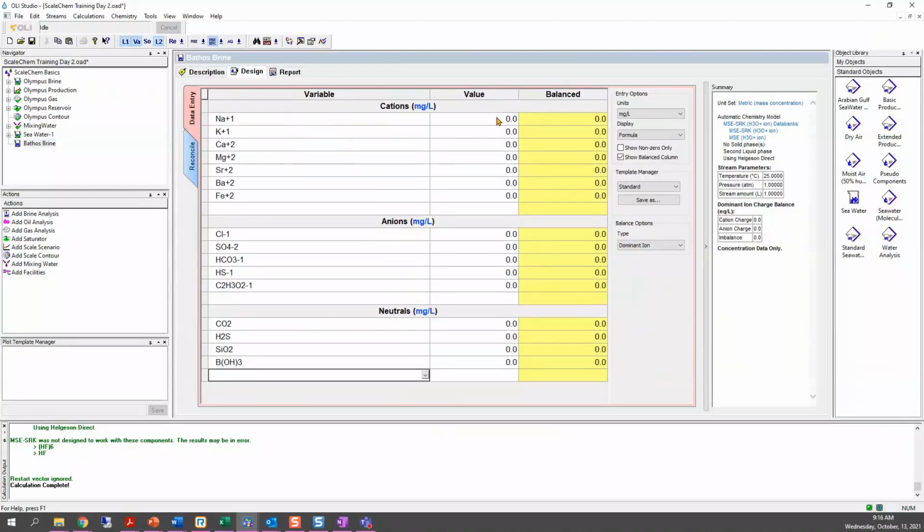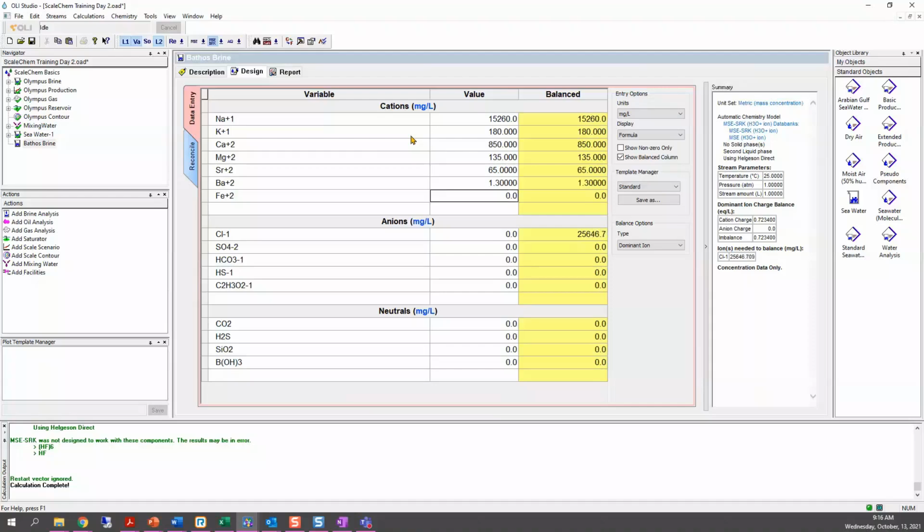What we're going to do now is start entering the data I just showed you. For sodium, 15,260. For potassium, 180. Calcium is 850. Magnesium is 135. Strontium is 65. Barium is 1.3.